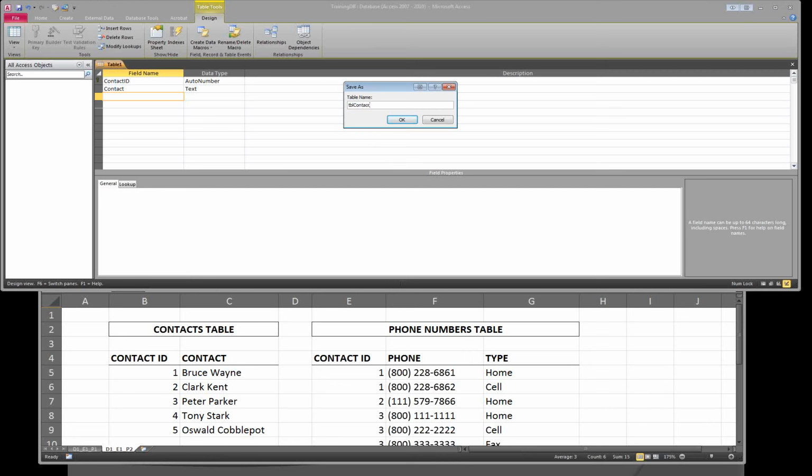So why are we calling it TBL contact? This is a great time to talk about naming conventions. In Access, all of our objects are going to have a name. Every table will have a name. Every query will have a name. When we name these things, we want to name them with something consistent and something that tells us what that object is. When I was learning Access, the person that taught me used this naming convention, TBL for tables and